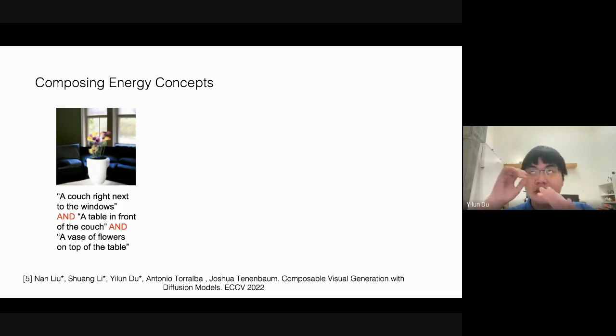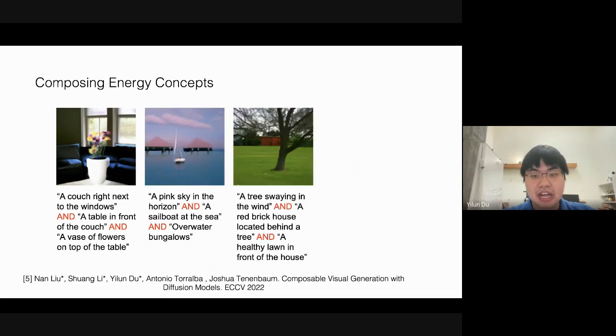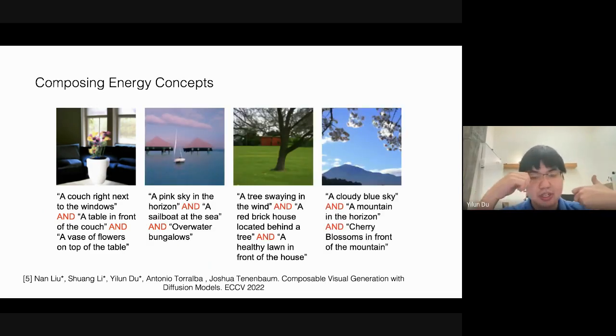So like I said earlier, it turns out that diffusion models are a particular instantiation of energy-based models. So you can apply these operators to diffusion models also. So here, I'm just going to show a couple examples where, if you just directly encode a very complicated sentence into the diffusion model, it struggles. Although it can generate certain images very well, with much more complicated captions, it's unable to generate each individual aspect accurately. But if you compose multiple different diffusion models together, then you're able to generate all types of different images.